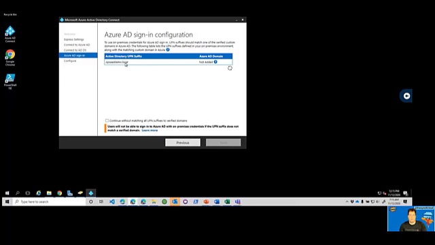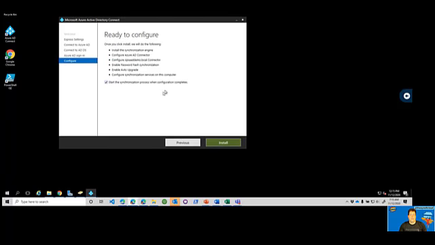So you can see here my .local domain is not added. If I had actually a real domain, a real .com or .net domain, it would then add that to my Azure Active Directory domain. It's not going to do that in this case, but we can again continue on and we can synchronize users. So we are going to continue without matching since there is not a verified domain within our on-premises Active Directory, and we're going to now get to our ready to configure, and here you can see what those